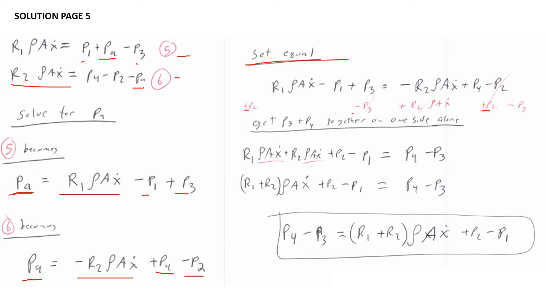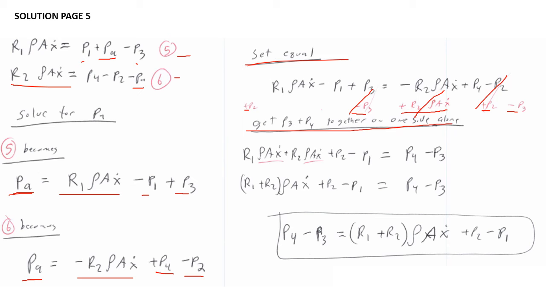I could subtract a P3 from both sides, and I could add this R2 rho A x dot to both sides. So that goes away here. We can put that back over on the other side. P2 goes away here. P3 goes away there. What we end up with, if we try to get our P3 and P4 alone together on one side, we